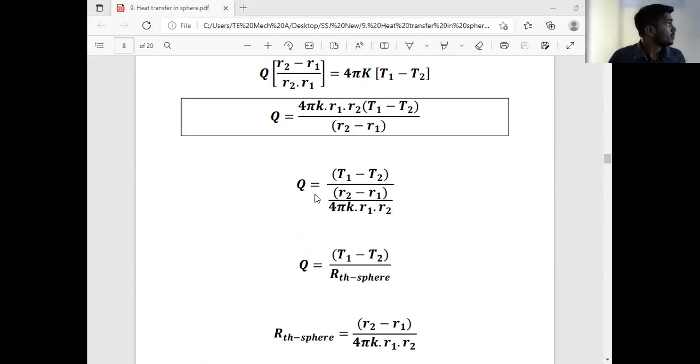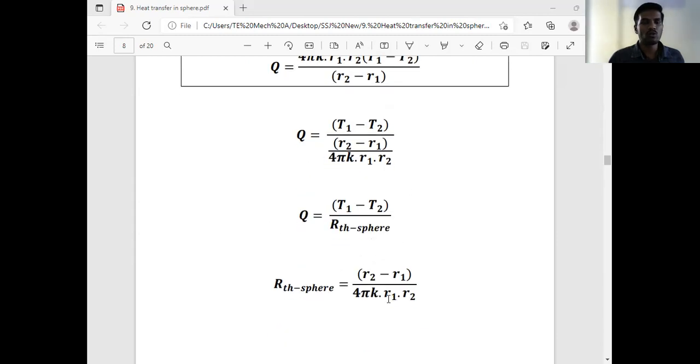We have written this equation in the form of electrical resistance, that is, Q is equal to T1 minus T2 divided by R2 minus R1 divided by 4 pi k R1 R2. From this equation, the thermal resistance for this sphere is R2 minus R1 divided by 4 pi k R1 R2. And up till now we have